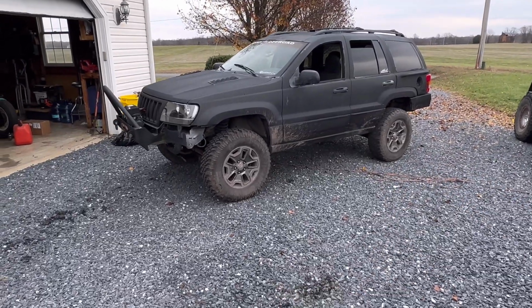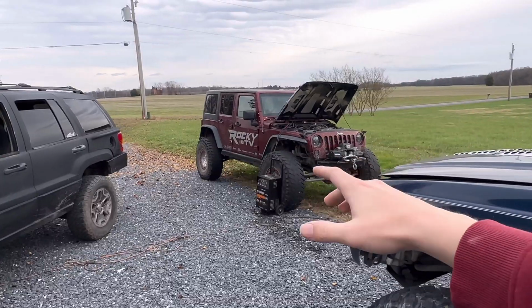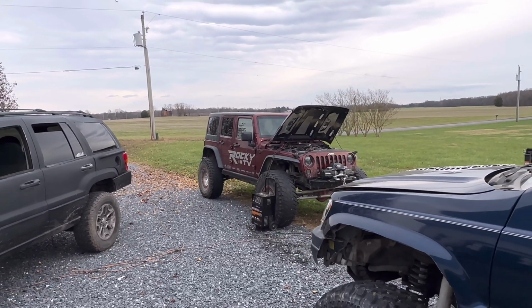Now that all that is fixed though, we're gonna go ahead and test the $750 lift kit from Amazon, the Zone Offroad lift kit. Personally, I think this is the best budget lift kit for a Jeep Grand Cherokee. It's worked flawlessly for me for a few years now, and I've only done a few upgrades to it since then. The only upgrade I have done to this lift kit since I installed it was upgrading the shocks